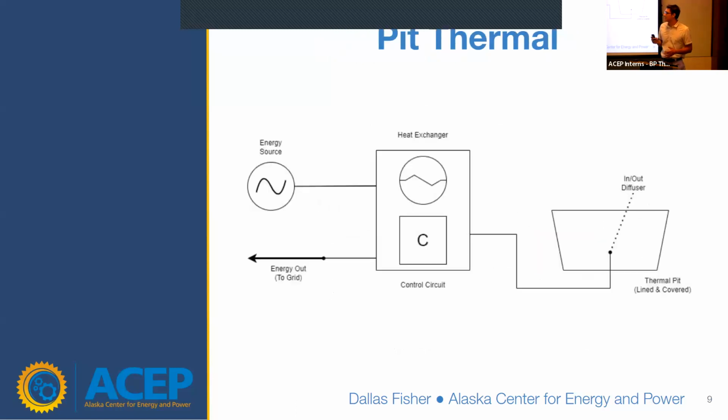So the next couple of slides are some of the potential long duration energy storage systems that could be implemented in the Railbelt. The first one we have here is pit thermal energy storage. This falls under the umbrella of underground thermal energy storage. So you're getting that energy from the Railbelt, and you're pumping that heat into an insulated pit into the ground. This would be, for example, a result of